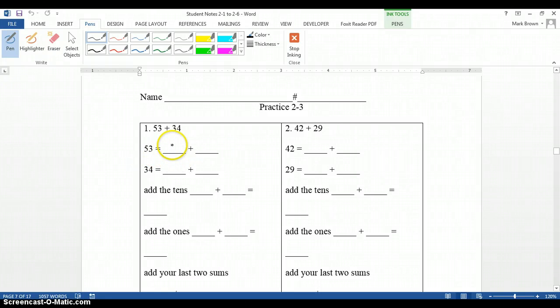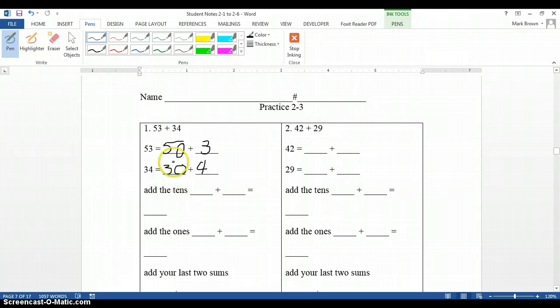Well, let's think about what 53 equals. There's a 5 in the tens place. Well, we know that 5 tens equals the number 50. We know that 3 ones are in the ones place. So 53 equals 5 tens, or 50, plus 3. Now, we're going to do the same thing with 34. We're going to say 3 tens is 30, plus 4